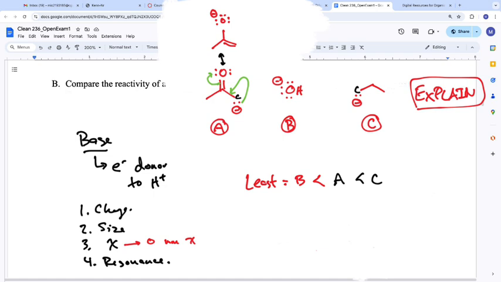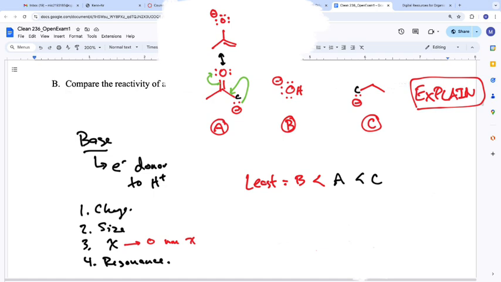Everybody see that? So depending on the structure that was given to you, you may have been given a quote-unquote bad structure. It's not technically bad. We'll address that in a second. You have to be able to recognize those other intermediate resonance systems to be able to come up with a fair ranking between them.